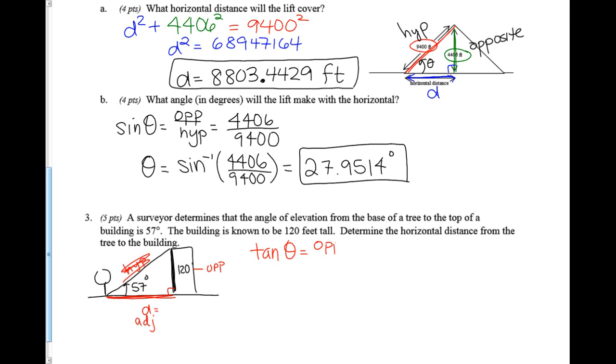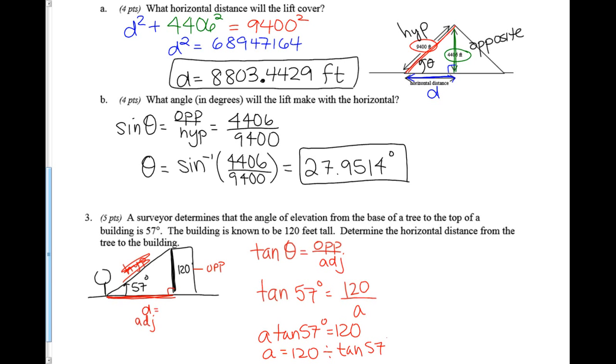The tangent is the opposite over the adjacent. So let's fill in what I know. I know my angle there is 57 degrees. I know my opposite is 120, and I don't know what my adjacent is. I'm going to call it A. I think I called it D before, but it looks enough like an A. So I need to solve this. In order to solve that, I don't like my A on the bottom, so I would multiply to get the A to the other side. And then I would divide to get the tangent to the other side. So I have 120 divided by the tangent of 57. I'll just leave it like that so I have an exact answer, and then I'll go over to my calculator